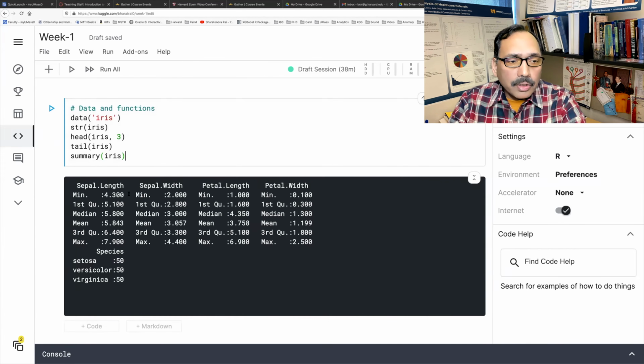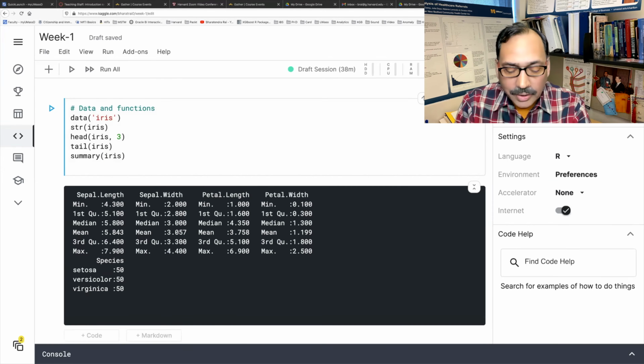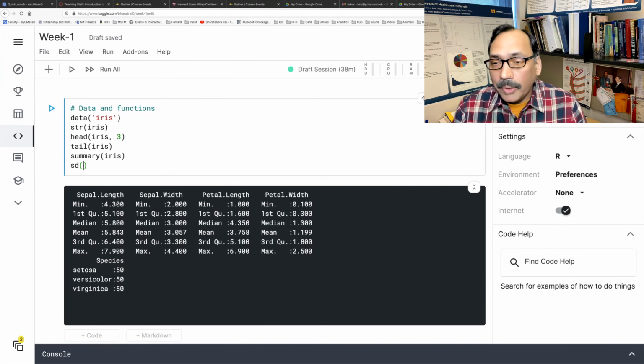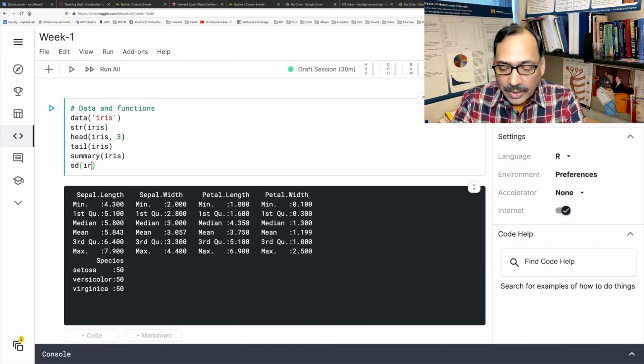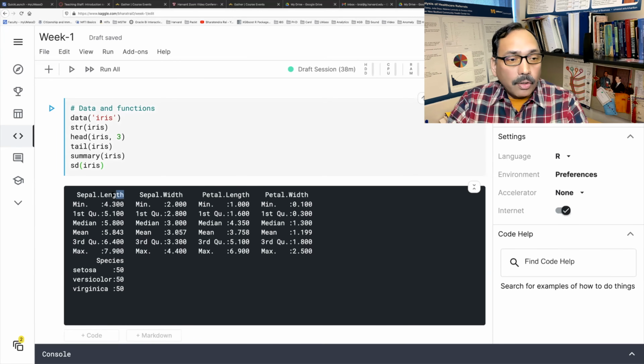So suppose I'm interested in calculating standard deviation for sepal length. The function for calculating standard deviation is SD. And then we have to say, what is our data? So our data is iris, but we want it for only one variable.